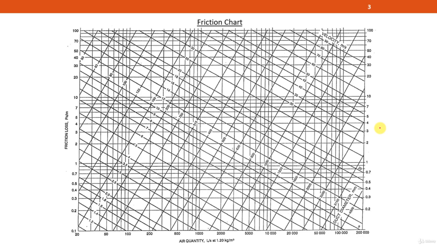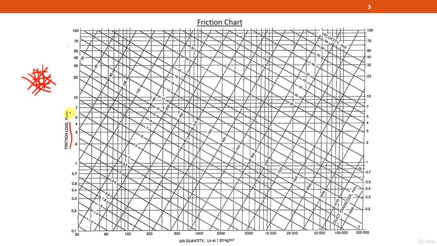In a friction chart, there are actually 4 properties, as you can see from the 4 categories of lines: the horizontal lines, the vertical lines, and the 2 slanted lines, diagonally to the left and diagonally to the right. So the 4 properties include friction loss,